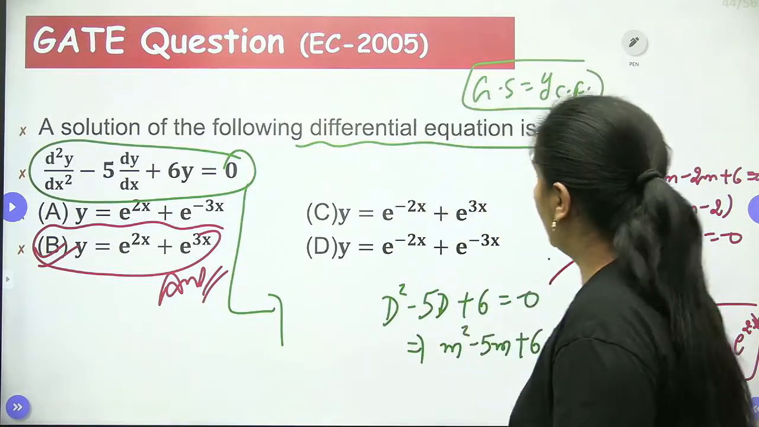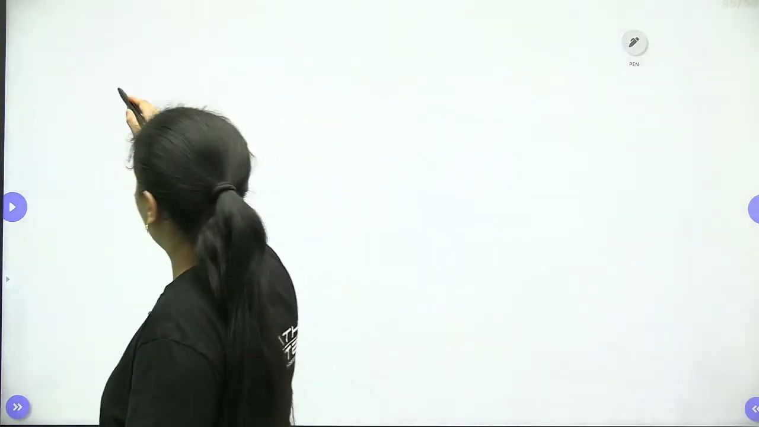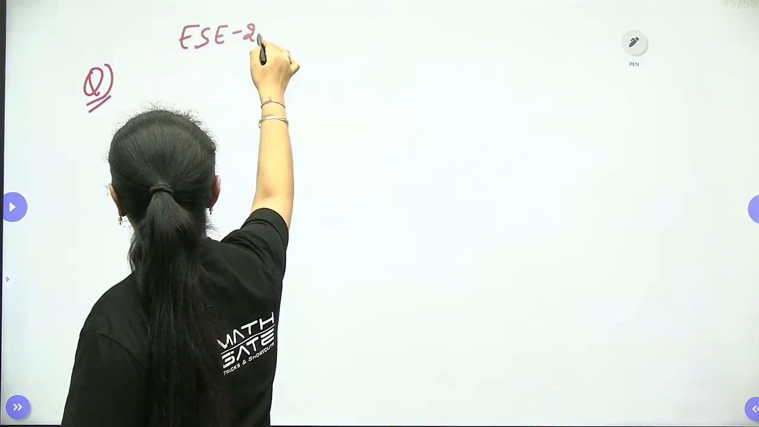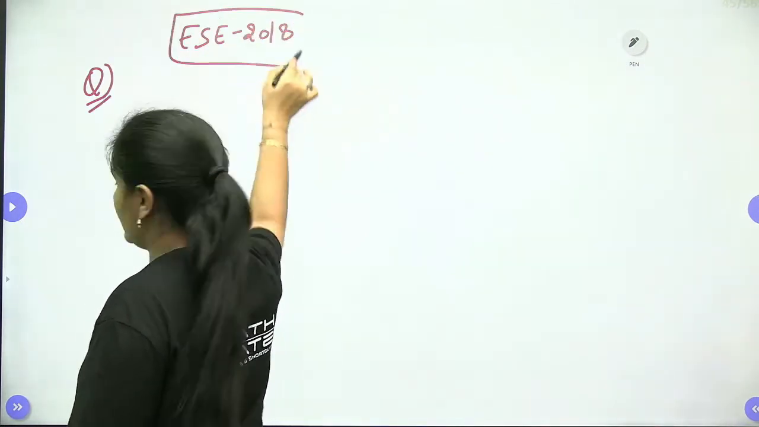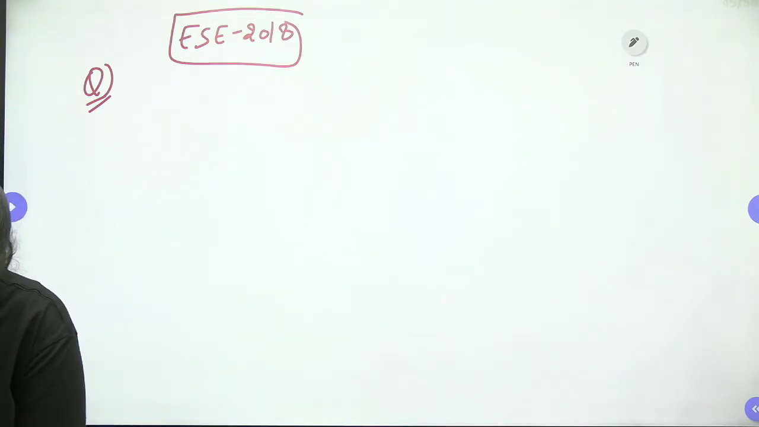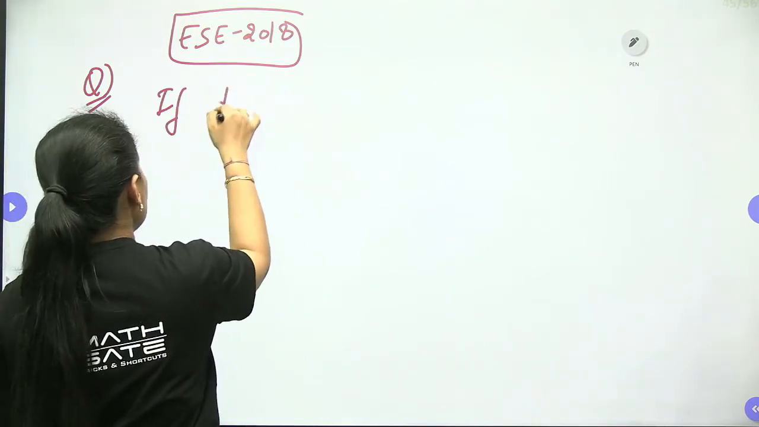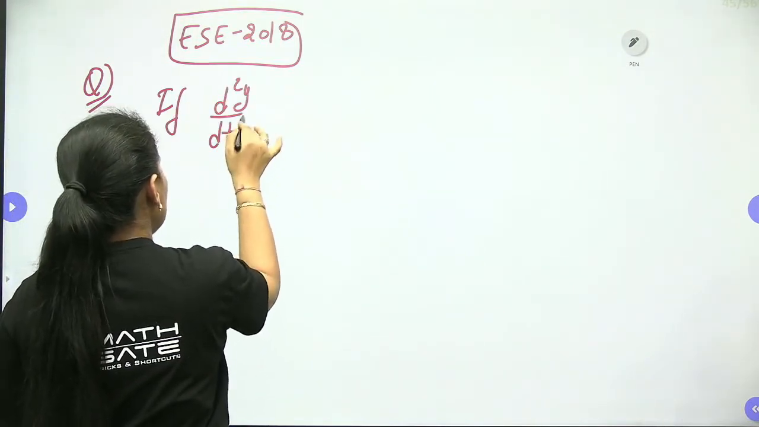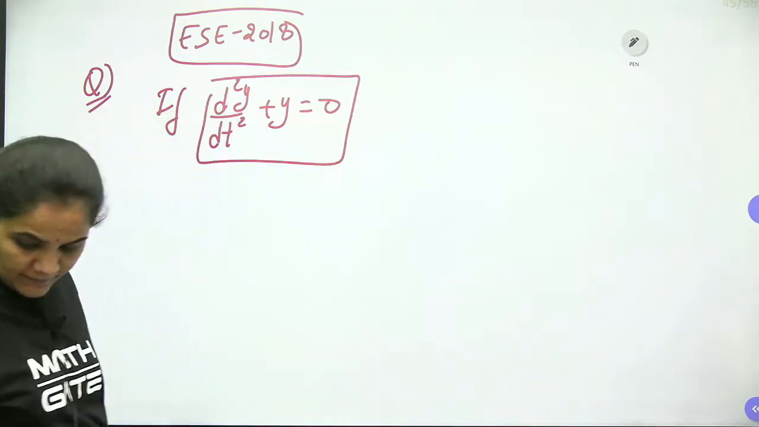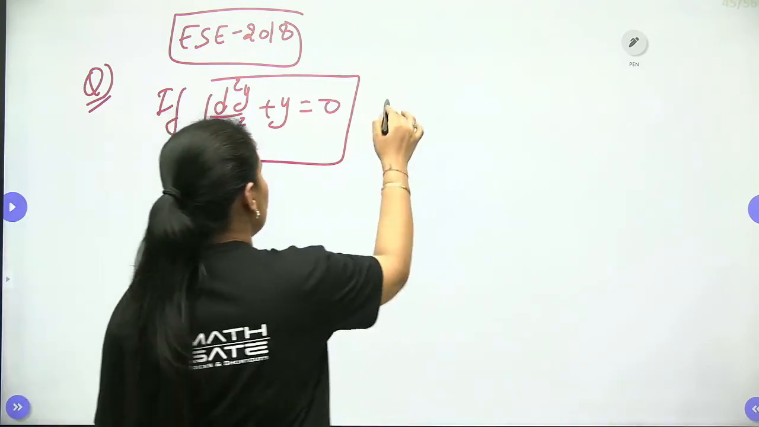Okay, guys. Now let me write down one question for you, which is an engineering service exam 2018 question, ESE 2018. The question is: if d2y by dt2 plus y is equal to 0, under the conditions